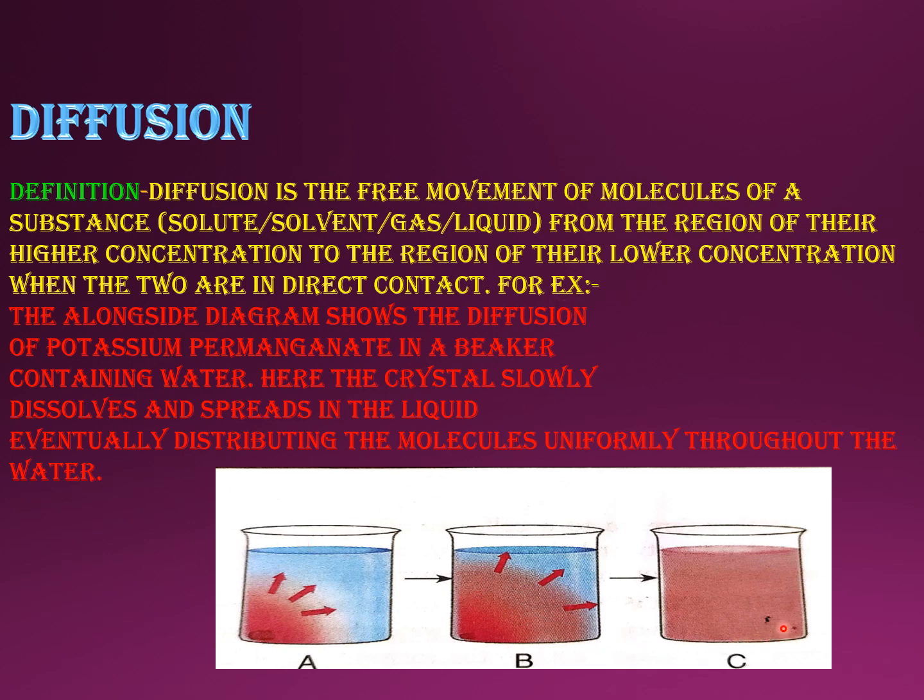In a beaker, a few potassium permanganate crystals are added. Potassium permanganate violet color crystals are added to a beaker containing water. Now as they dissolve, they disperse between the water molecules. They occupy the spaces between the water molecules, so they change the color of the water as they're dispersing. The whole liquid after a few minutes changes into pink or purple color, because diffusion is the movement of molecules from a region of higher concentration to a region of lower concentration. They're dispersing. This is called diffusion.